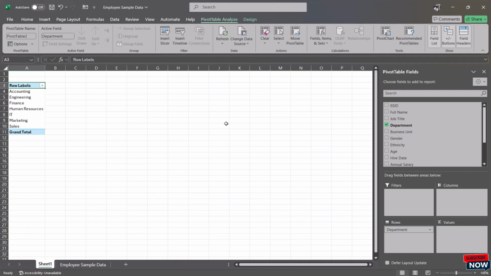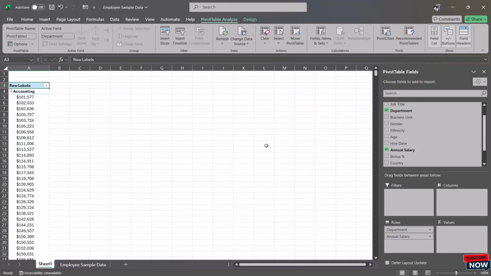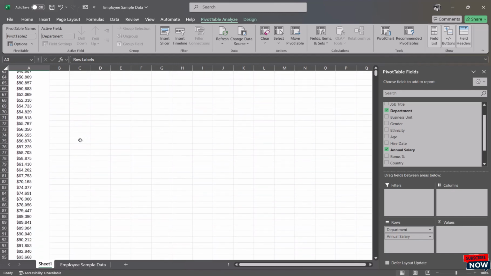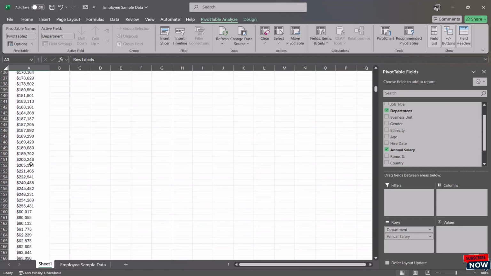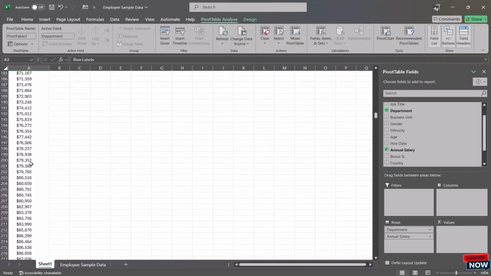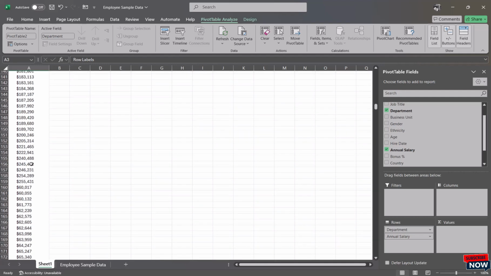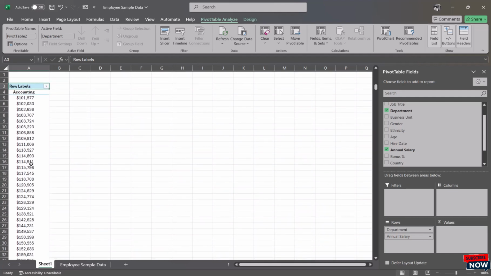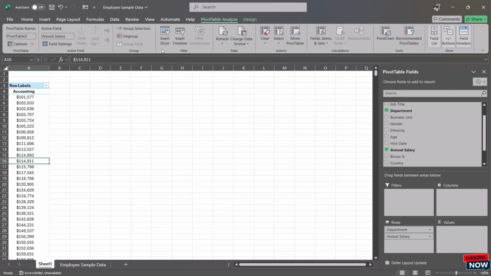So what we want to do is add the annual salary. When I add the annual salary, you can see that the accounting department has its own salary, and then there's the engineering part, its salary, and just like the other departments, all of them just listed the salary. Now what we want to see is the total, and what we're going to do is